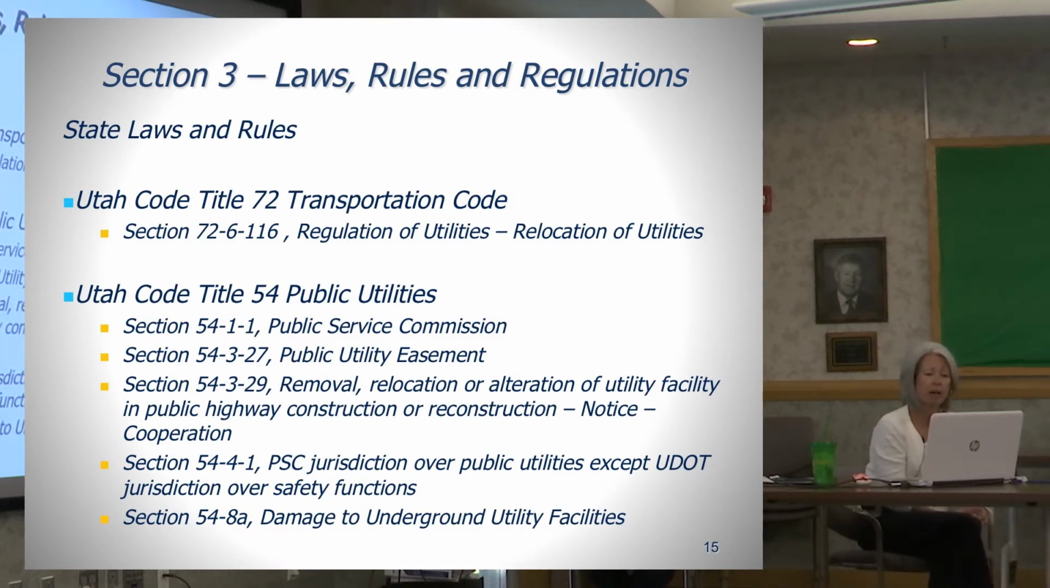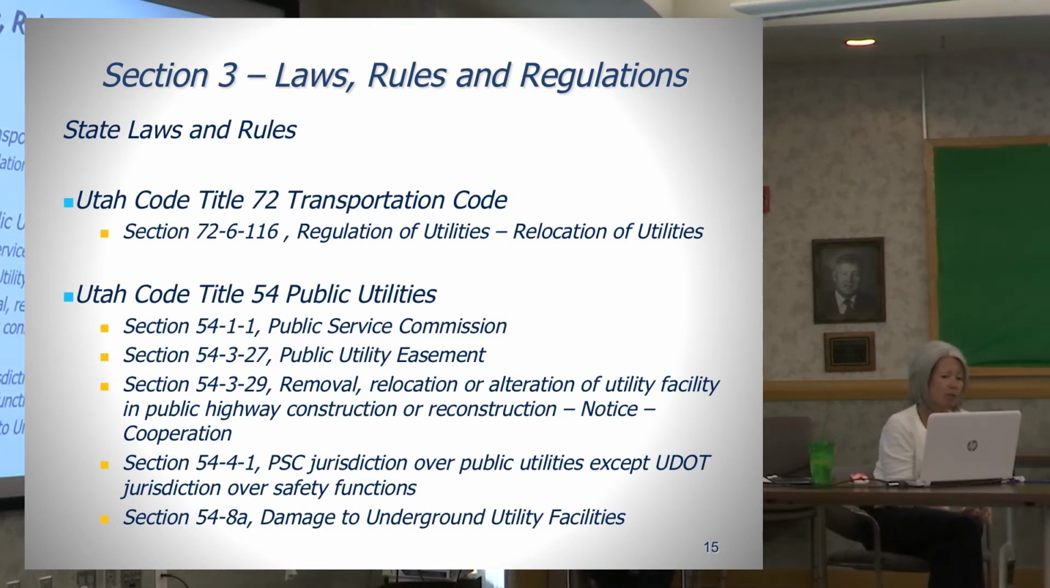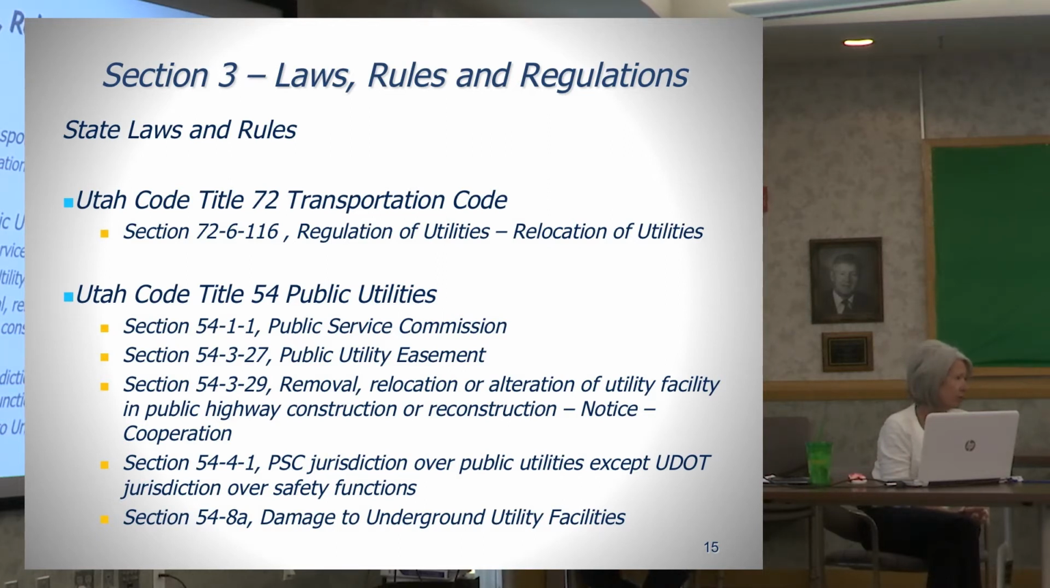That's changed. The Public Utilities Code, Title 54, includes the establishment of the Public Service Commission. There was a change to the public utility easement section on how public utility easements are created. It isn't just by the subdivision process anymore. They can be created in other ways. Section 54.329,